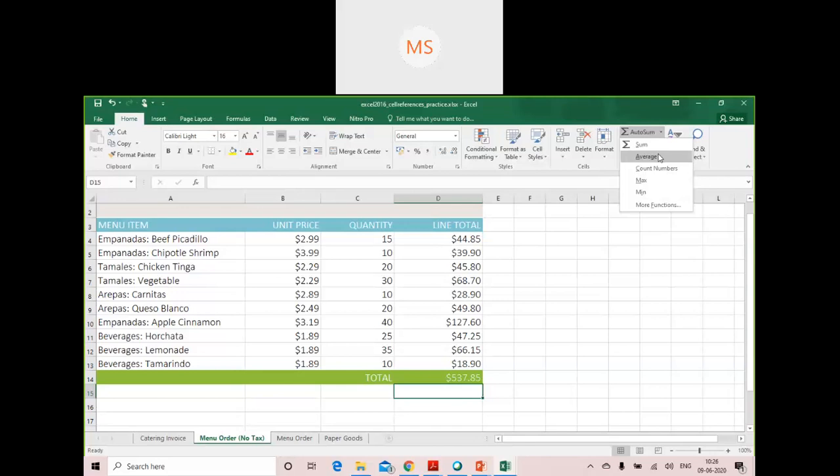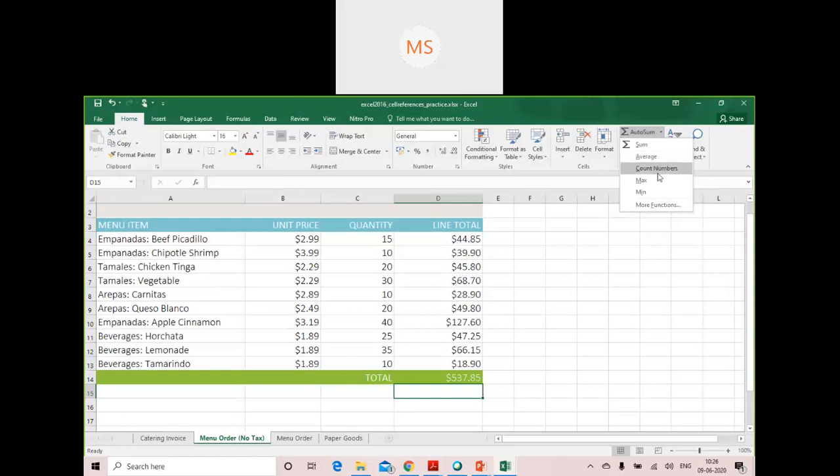Average will perform the sum operation on the selected cells, and after adding these cells together, it will divide by the number of cells we have added, so that we can get the average. Like if I am adding 5 numbers, after adding those 5 numbers, it will divide the total by 5, so that we can get the average of those 5 numbers. So here we can make use of average.